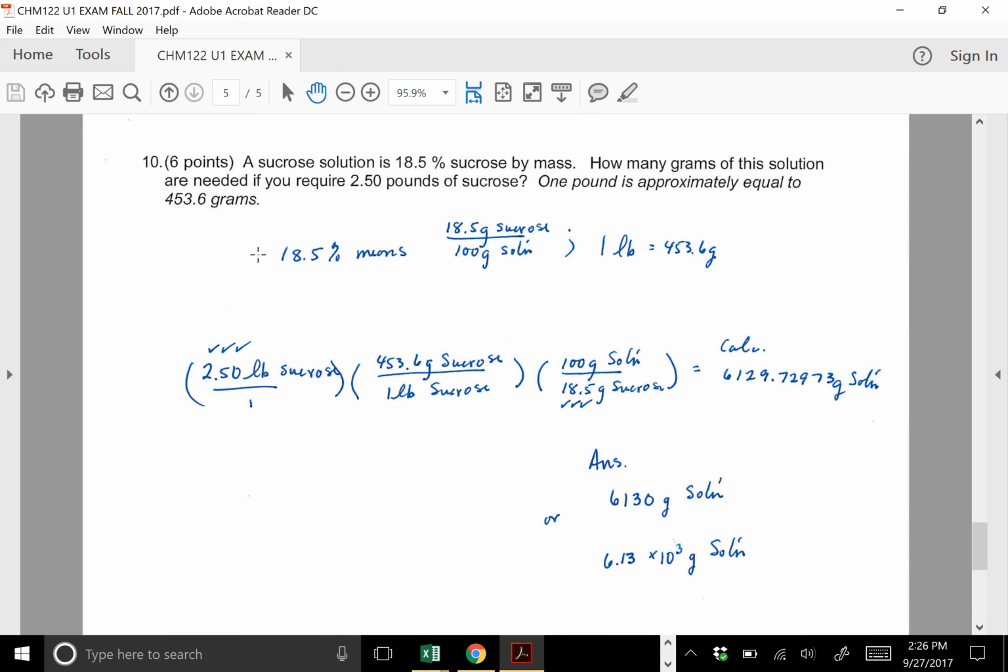So for this one, one of the things that I'm encouraging you to do, and I saw a lot of this, is unpacking. That 18.5%, what does that mean? Well, if you read the problem a few times, you're like, well, it's a sugar solution, so 18.5% must mean 18.5 grams of sugar or sucrose in 100 grams of the mixture. In this case, the mixture is still solution. So if you unpack that,